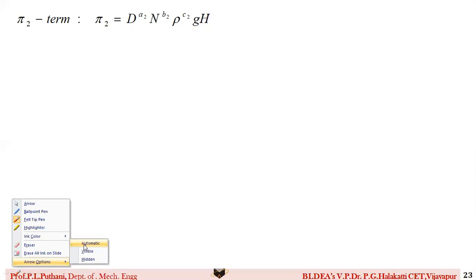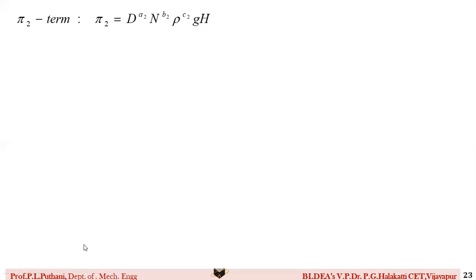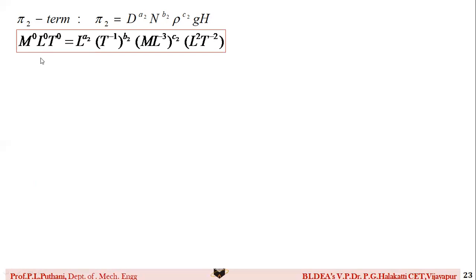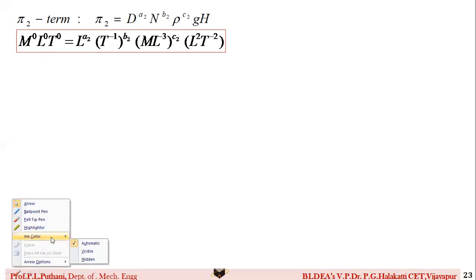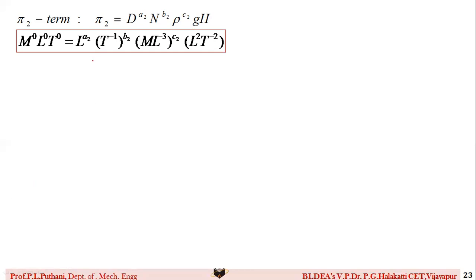After we apply the dimensional homogeneity on both sides, we can write them in the form of dimensions on both sides. That is, we get M0 L0 T0 with respect to the values on the RHS, that is diameter L to the power of a2, speed T to the power of minus 1 into b2, then rho to the power of c2, and energy per unit mass flow dimensions we have written. Now again, we equate them with respect to M, L, T on both sides. With respect to M, 0 is equal to c2. Similarly L, T. So after equating them, what do we get?